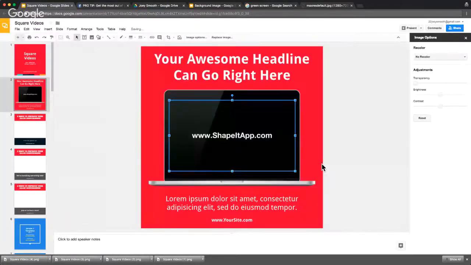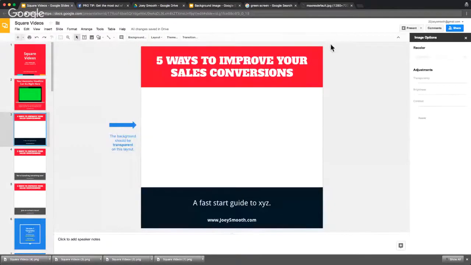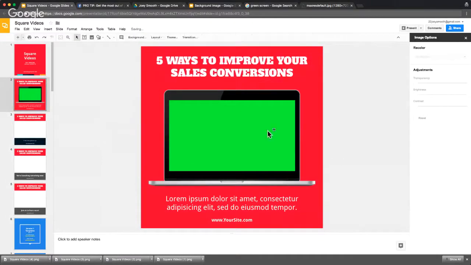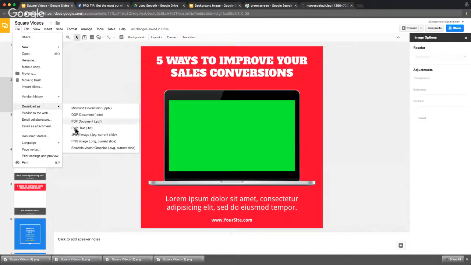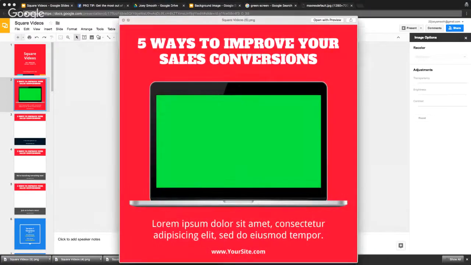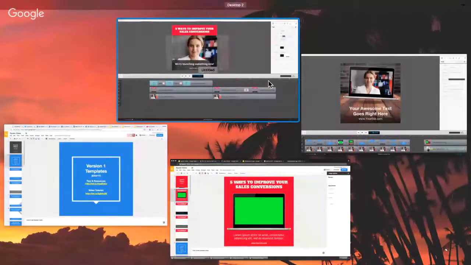And what this does, let's go ahead and customize. You can do the same concept here. You can spice up the outside and in your own words and whatnot. But once you have this ready to go, all you have to do is put in your text and then save this. In this case, PNG is fine. Let's just do a PNG, because there's no transparency here, right? So it's just an image with a green box on it. But when you load it into your video editor,